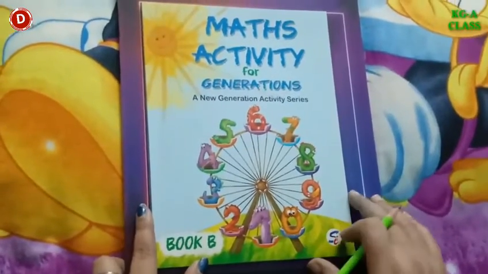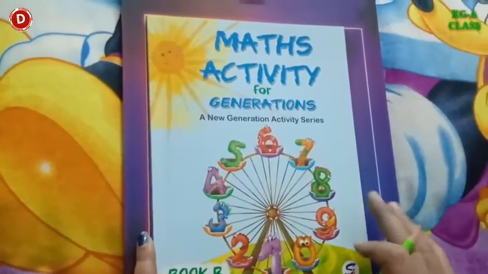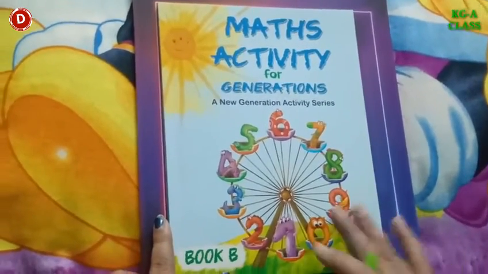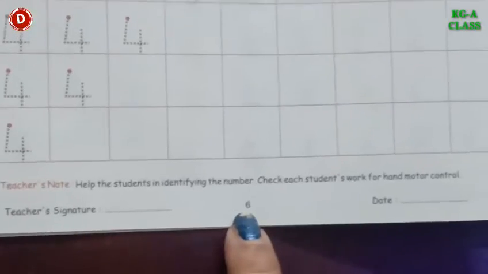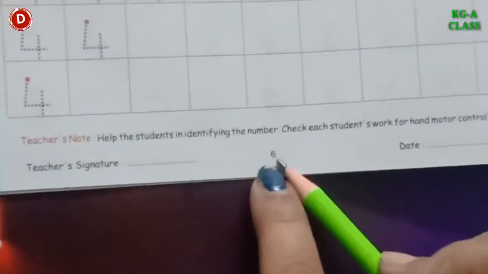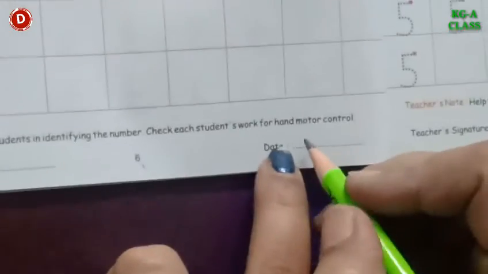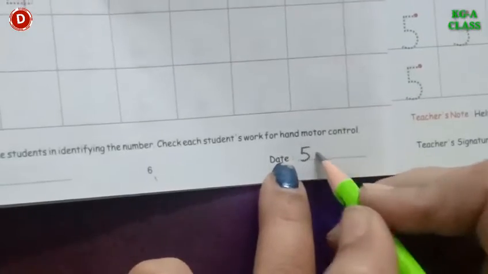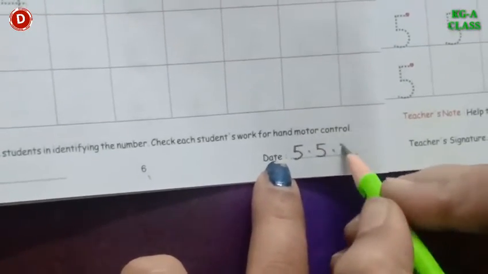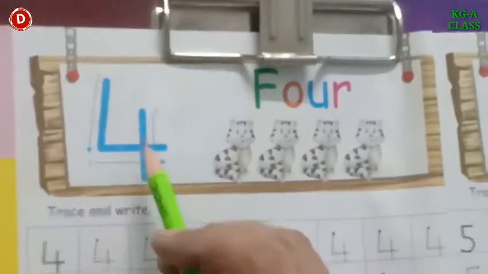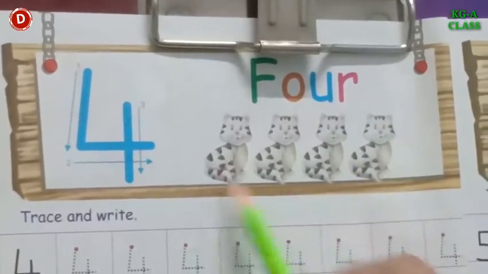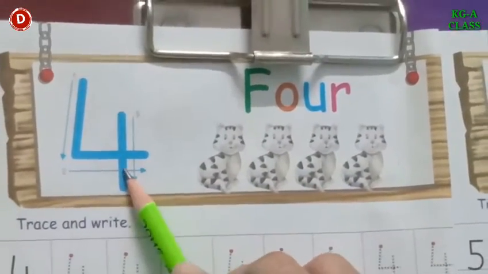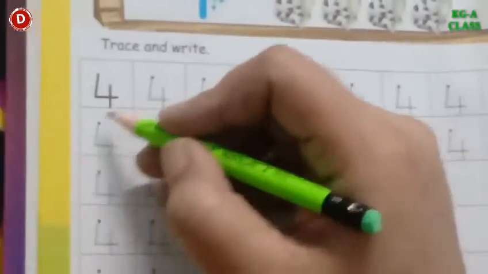Children, now I will teach you to write number 4 in your maths activity book. So bring it quickly. And now open page number 6. First you have to write today's date. Today is 5th May 2021, like this. Now see children, you have to trace and write number 4. 1, 2, 3, 4. There are 4 cats. So 4 means this. So first you have to trace and write.